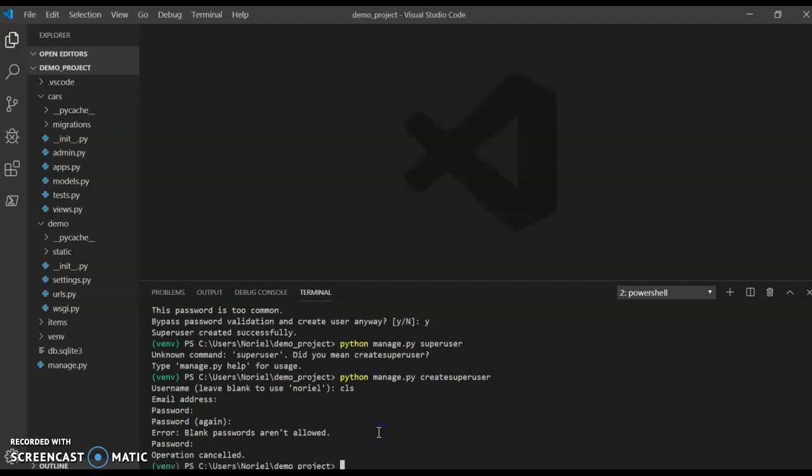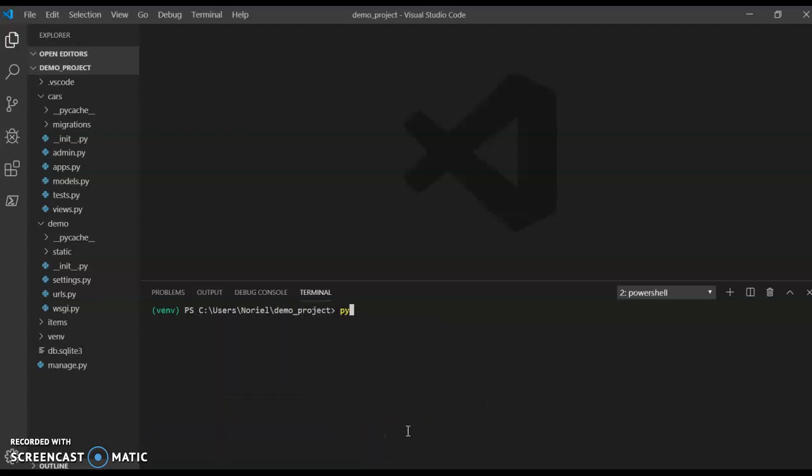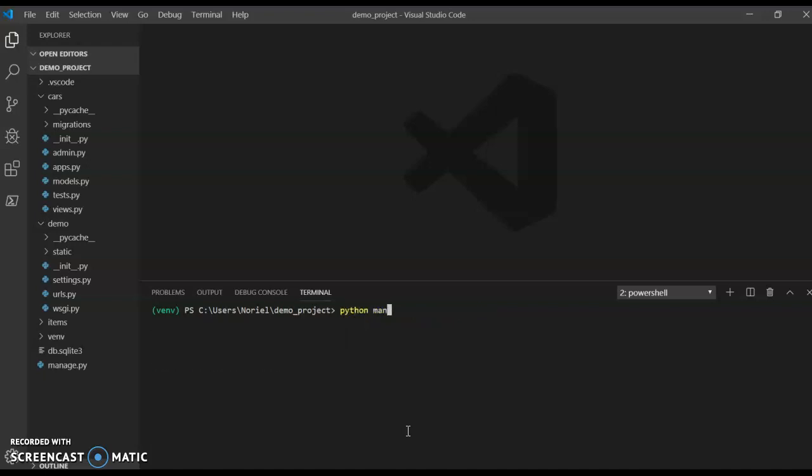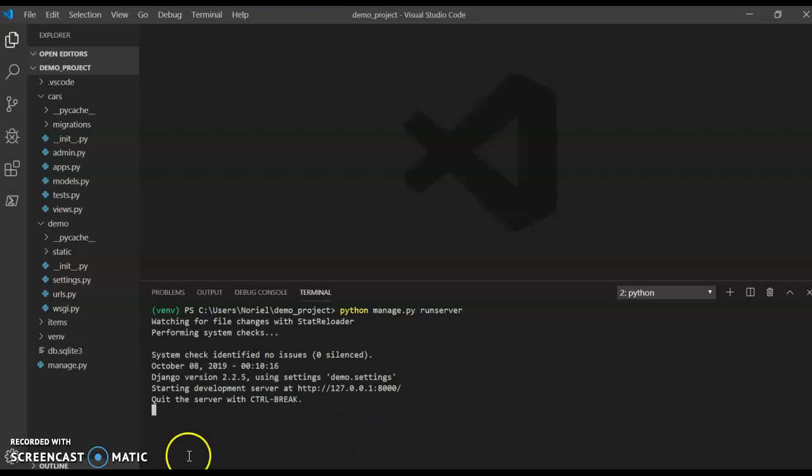Now, the next step in this process is to create a superuser. I'll call my superuser admin. Okay, so I already have a superuser, so I can just exit this out, and actually I should be able to run my server